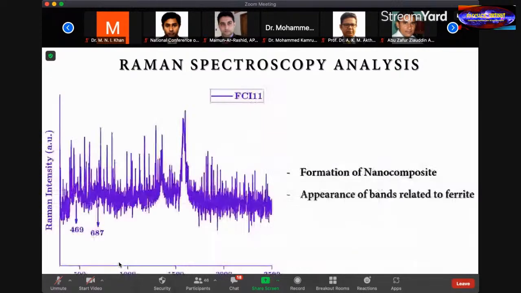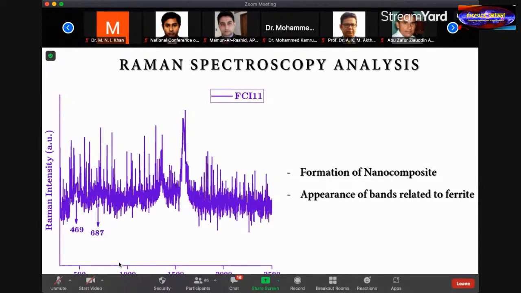Now, if we move to the composite Raman spectrum, we took it for one of the composites. Along with the D and G bands, the spectrum shows two less prominent bands at the lower wave number range. The bands at 469 cm⁻¹ and 687 cm⁻¹ are assigned to the tetrahedral and octahedral sites respectively. This is due to the inverse nature of the ferrite nanoparticles. This spectrum indicates that the ferrite nanoparticles